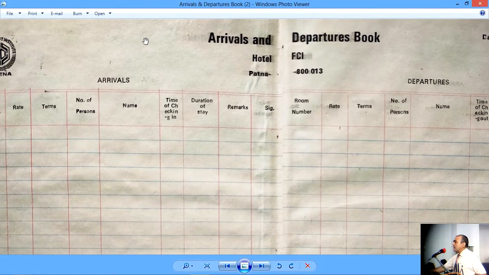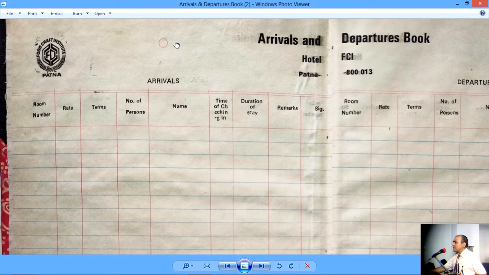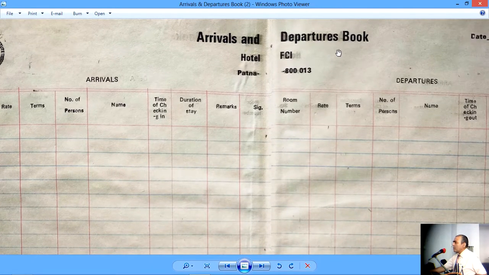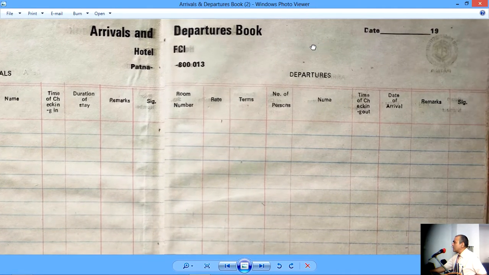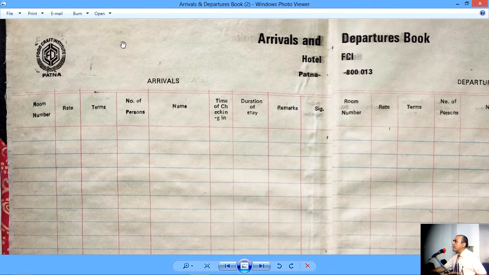And now look at the columns. The first column, of course, I will not bother you with this logo stuff. You know that all hotel documents contain a logo. So this too contains a logo, FCI. So using a pen for easy demonstration.